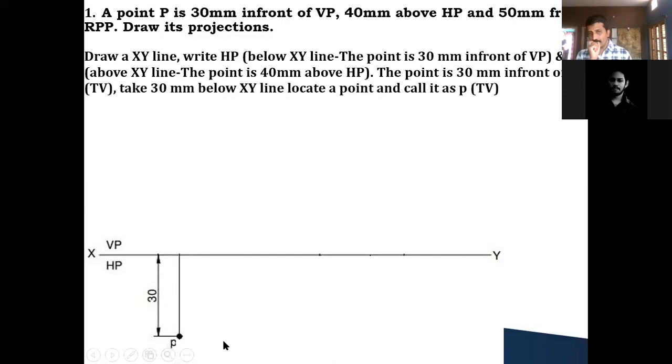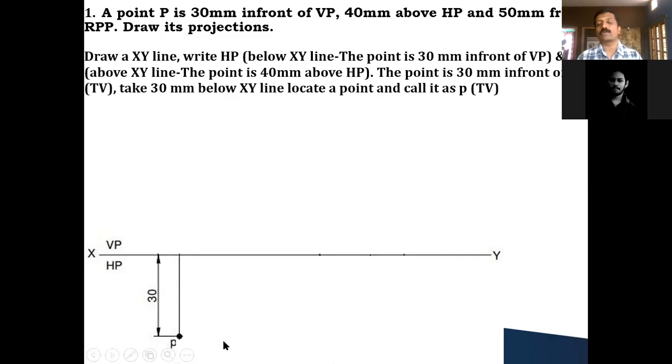And let me tell you here itself the representation of the front view and top view, how to recognize it. Your top views are always represented with small letters without any dashes. Okay, the point P is given. I have written the small letter p. That means it is understood that it is a top view. Similarly, for the same point, the front view is denoted by a single dash, that is p dash. Similarly, the side view, whether it is left view or right view, is denoted by p with double dashes.